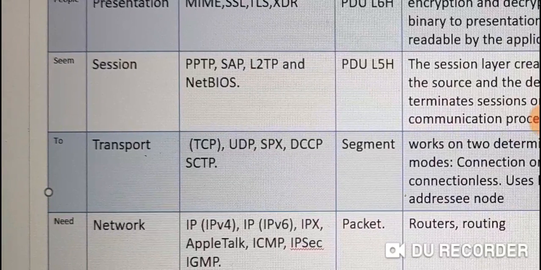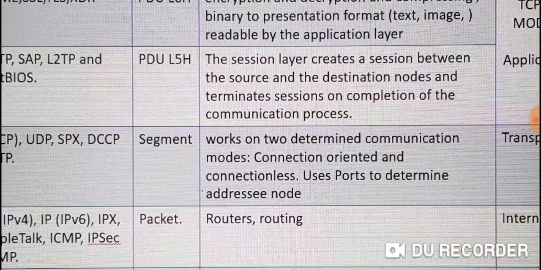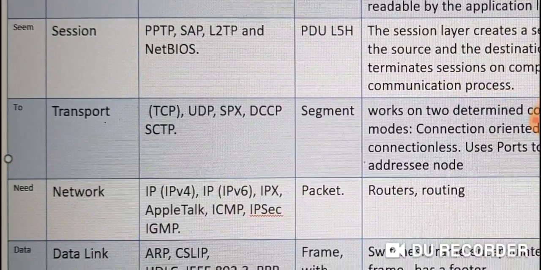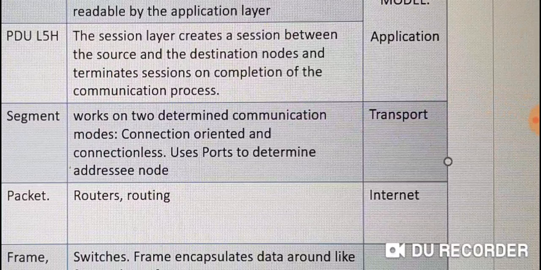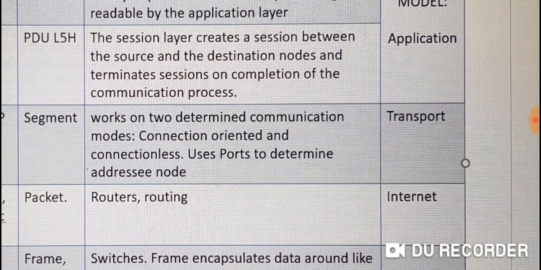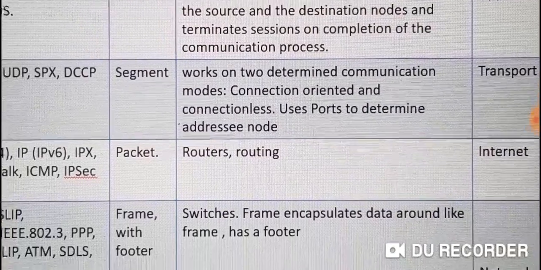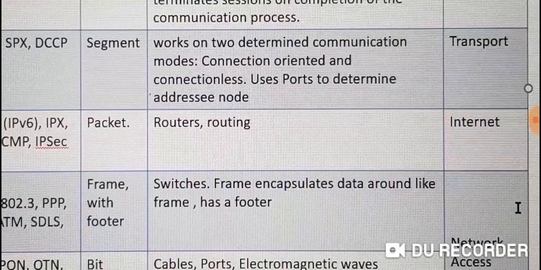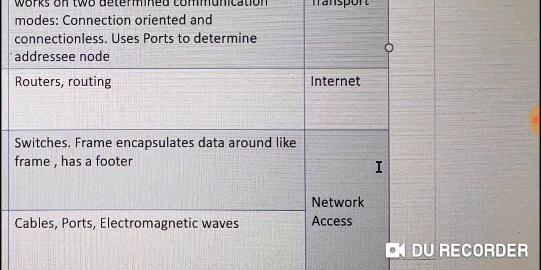So application layer again is concerned with all the complicated stuff that is not networking itself. Transport layer is basically one-to-one, so it concerns ports and the TCP and UDP protocols. It's concerned only with passing the data from one node to the other. Internet layer is the IP layer, so this is where the routing happens, and routers are called layer 3, but switches are layer 2. And network access layer